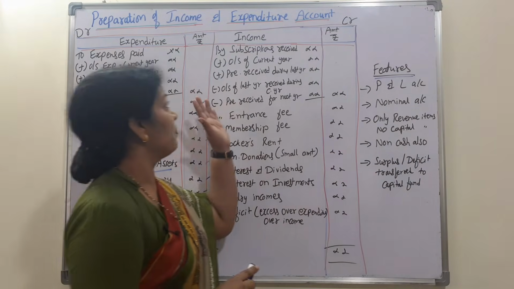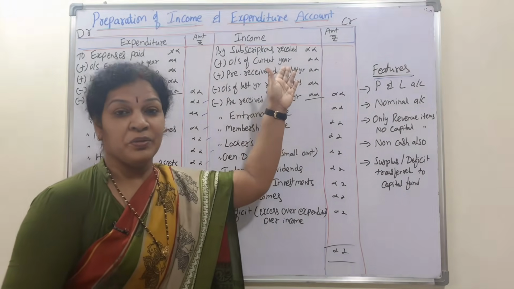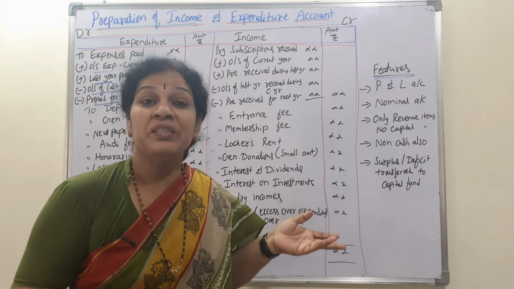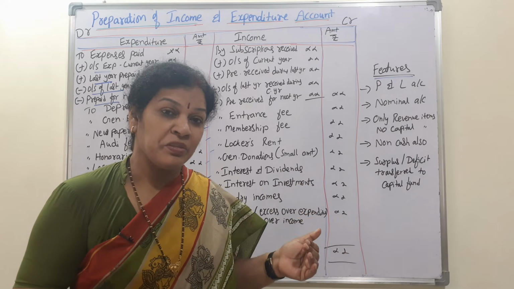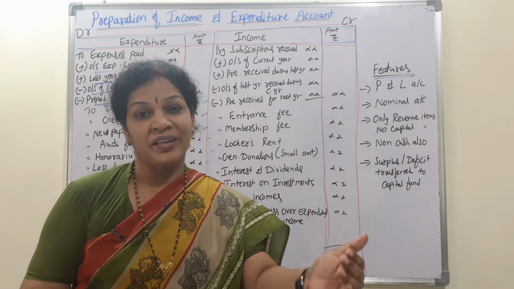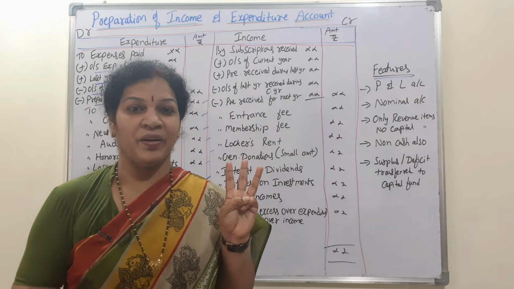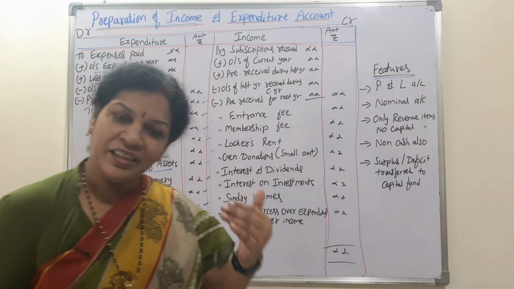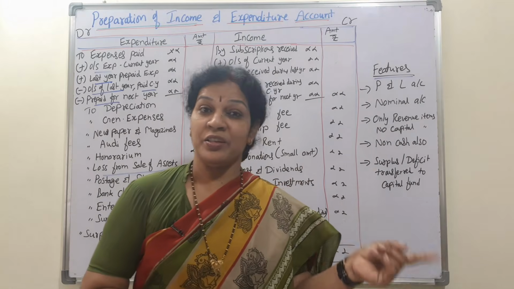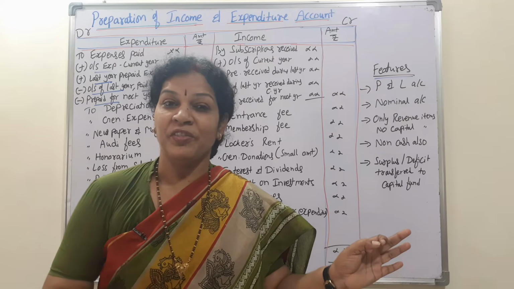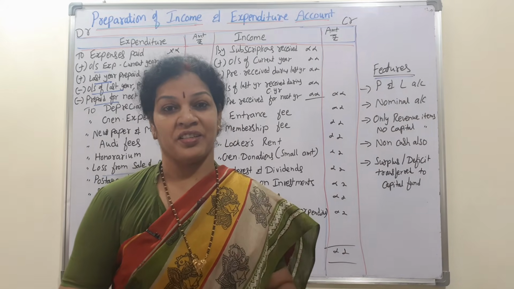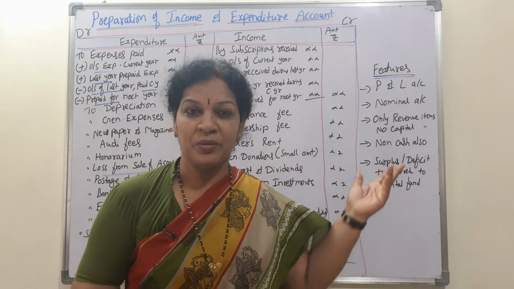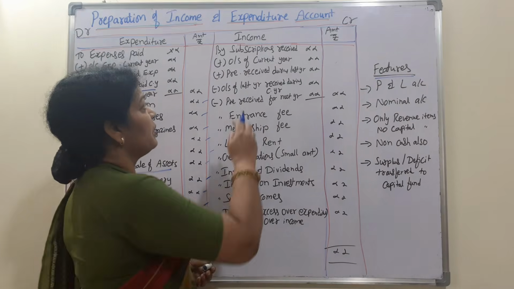Now, subscriptions received. Subscriptions also will always have adjustments. Subscription means income. For subscription received, you will always find previous year, current year and next year, three years. The treatment is the same as for expenditure. We take only the current year. If it is related to last year, we deduct; if it is related to next year, we deduct. This principle you remember, and according to that we'll go ahead. Now you see the adjustments.